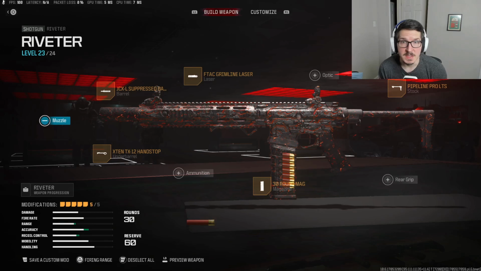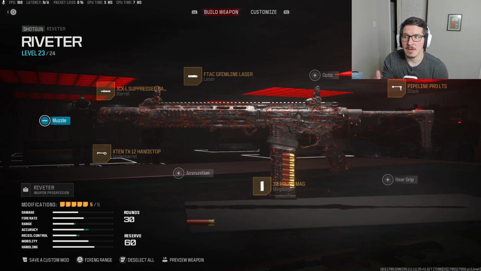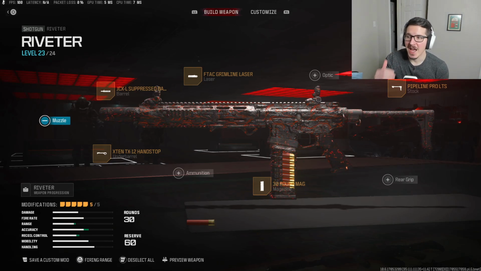Before we drop into that zombies game, I wanted to go over the Riveter that I was bringing in. You can see it here. I've got it built out. I didn't add an optic. I know I always tell everybody I love to have an optic on my guns, but I didn't add one here